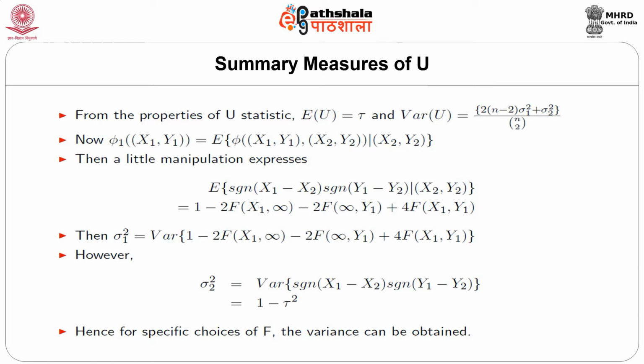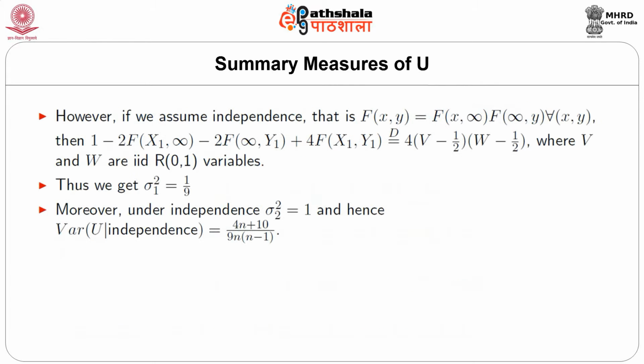However, sigma 2 square is nothing but 1 minus tau square. Hence, for specific choices of F, the variance can be obtained. However, if we assume independence, that is F(x, y) equal to F(x, infinity) multiplied by F(infinity, y) for all x, y, then this 1 minus twice F(x1, infinity) minus twice F(infinity, y1) plus 4 times F(x1, y1) has the same distribution as 4 times (V minus half) multiplied by (W minus half), where V and W are IID